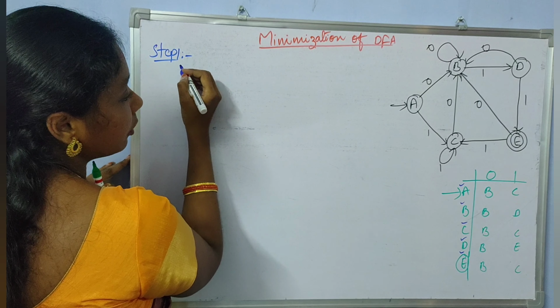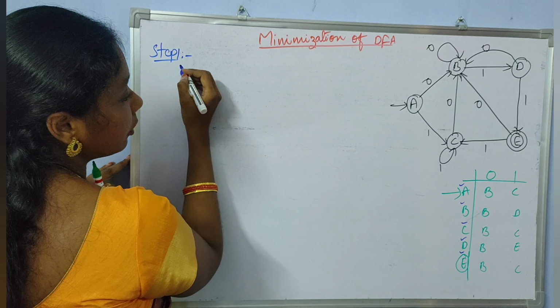In the next step, I need to observe the states of group 1 and check whether all these states are equal or not. If they are equal, there is no problem, we can stop the process here. If these states are not equal, we again need to divide that group into 2 groups, so equal states are in one group and other states are in another group. In that way we need to repeat the process. Let's go with step 2.